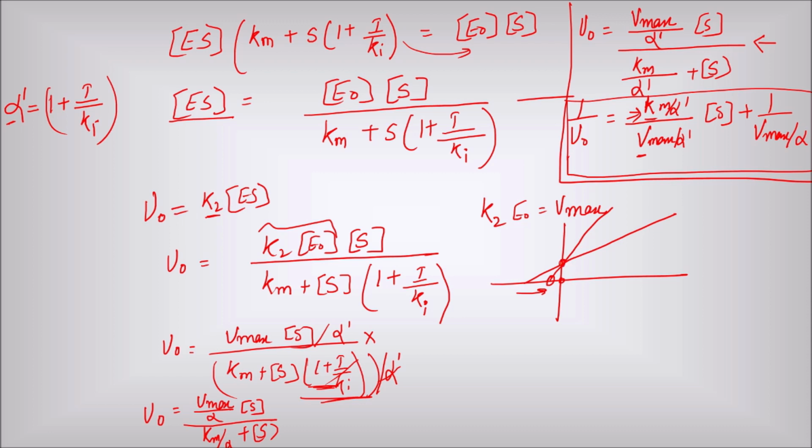In the previous case, the competitive inhibitor, 1 by Vmax was not changing, but here the Km as well as Vmax is varying as per the derivation which we have seen just now. So now as per the equation, if you plot the graph between the 1 by S naught,